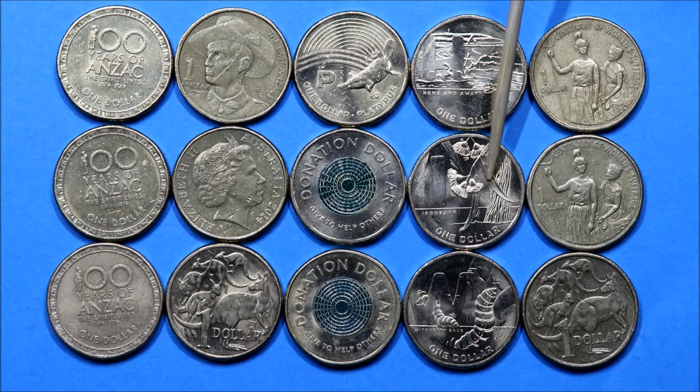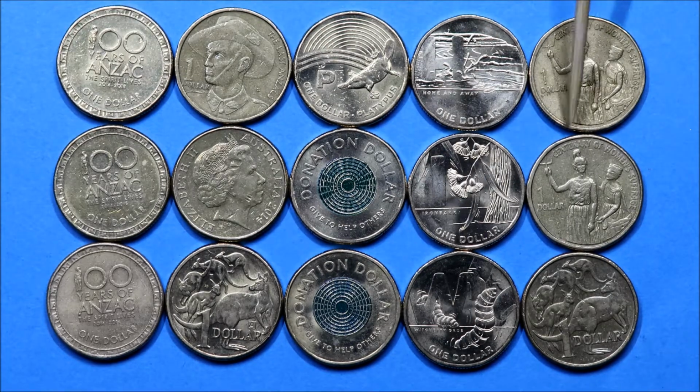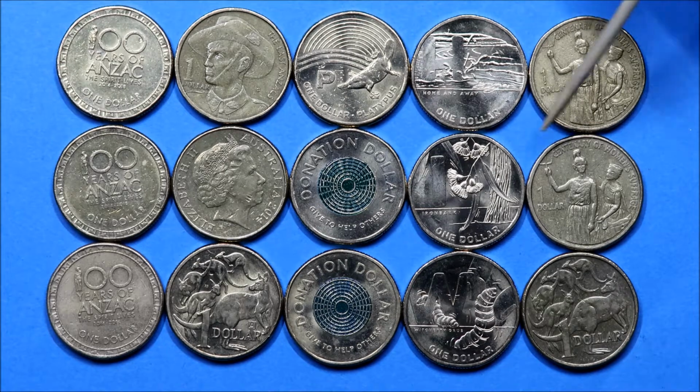That's Ironbark Gumtree. Lovely. So three of them. And here are two 2003 Women's Suffrage variety coins. They're varieties to each other. 10.1 million minted. The mint doesn't know which one they minted first or how many of each, but there's a small